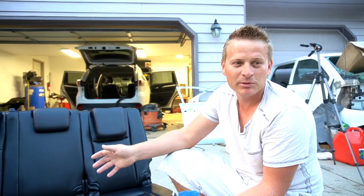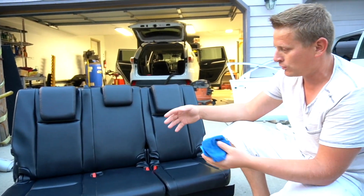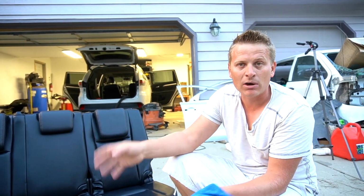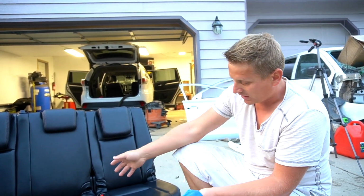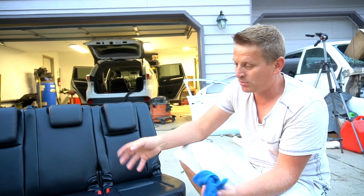That's it, I'm done with the seats. Now they look nice and shiny. This way is a lot easier to prepare them over here. It's easy access, you can get to everywhere, wash them and prepare them completely. So now what's left is put them back there, put the bolts in, put the covers in, and